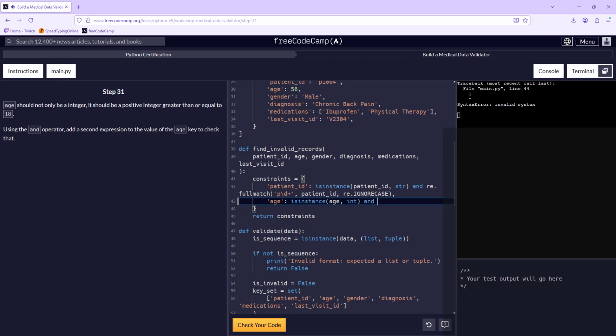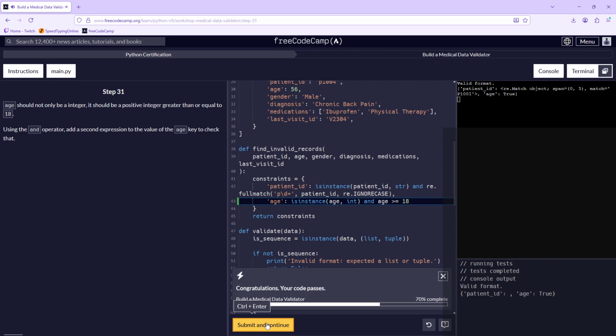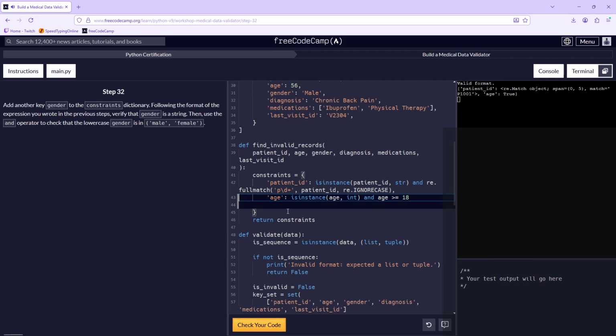And age is equal to or greater than 18. And we're 70% of the way there. I feel like some of these steps are much harder and other ones are much easier.